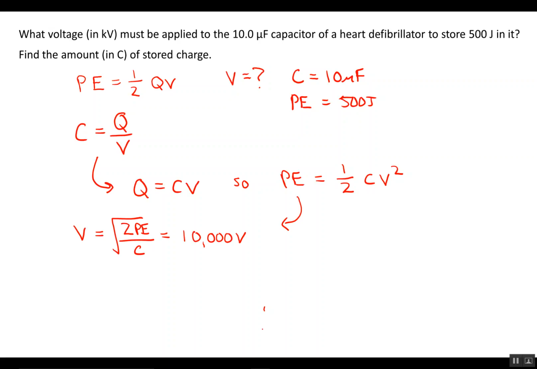And so what we get is V equals the square root of 2 times the energy, PE, divided by C. And that gives us 10,000 volts, which is also 10 kilovolts. So the voltage applied to this heart defibrillator to store 500 joules of energy is 10,000 volts. So how much charge is that? Well, now we can use this equation, Q equals C times V, and just solve for Q. And that gives us